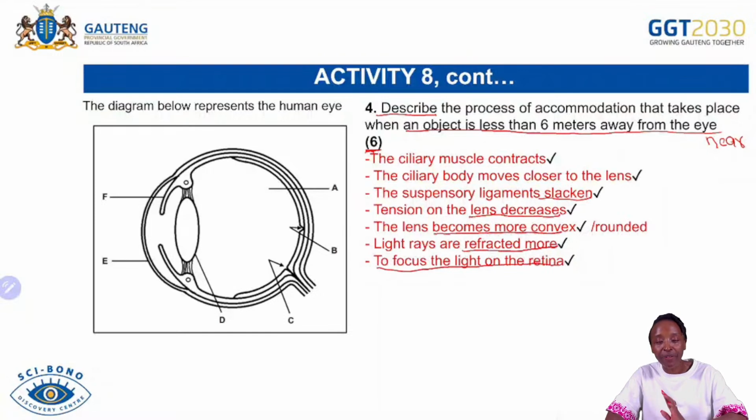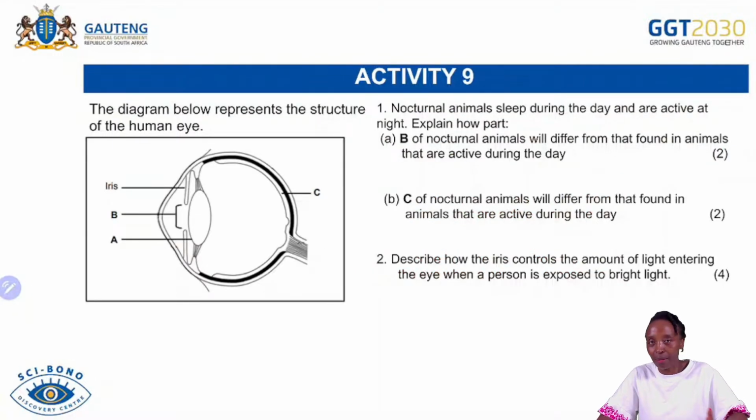Onto the retina. And that is exactly how you explain it, and then you get your 6 out of 6 marks. So you just describe, no explanation, nothing, you are describing. Then the other question